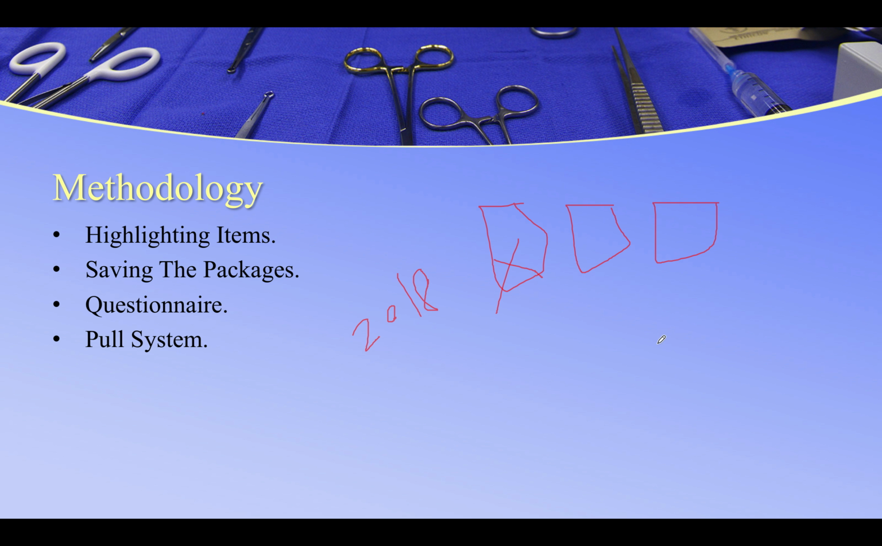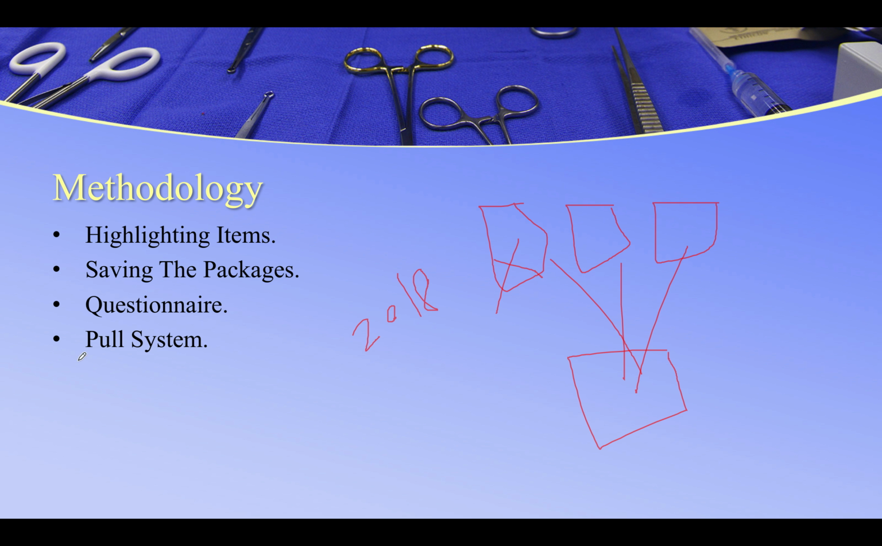Saving the packages. We should have in each angio suite a bin where you can store all of the used items so that you can know which one is the most frequently used. So next time you know what not to buy and what to buy. The questionnaire: we're going to hand one to both the technologists and the radiologists, with questions about waste, why we waste, and what the most common